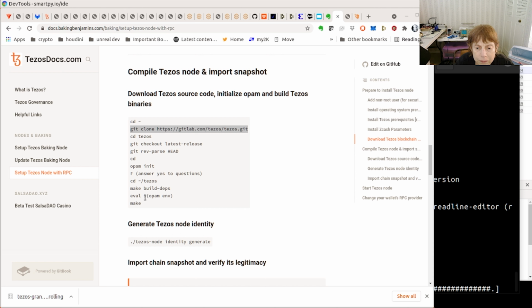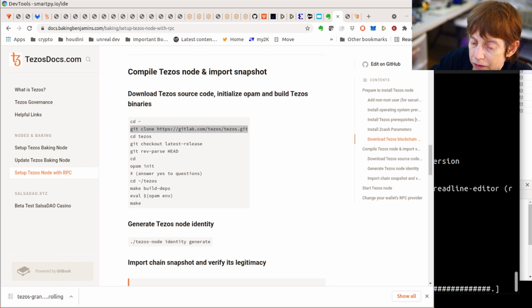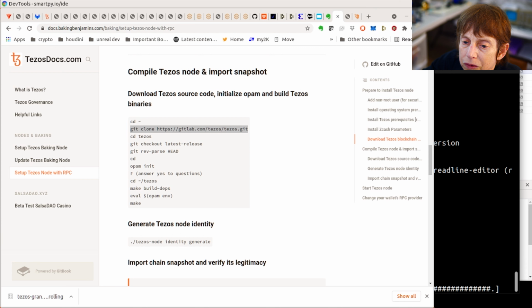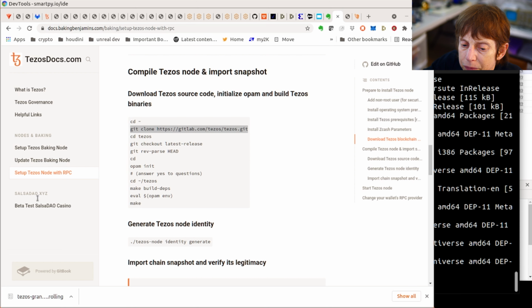Looks like it's almost done here. Progress at 99%. So, yeah, it's still going. Doing whatever it's doing. So yeah, you can see up here it had to put OPAM on and set it up. So this stuff was not going to work until